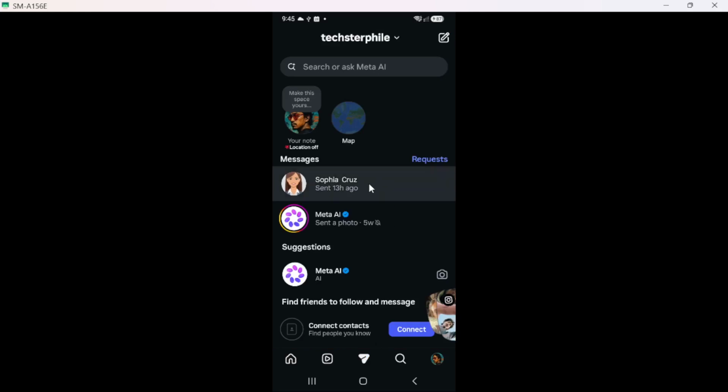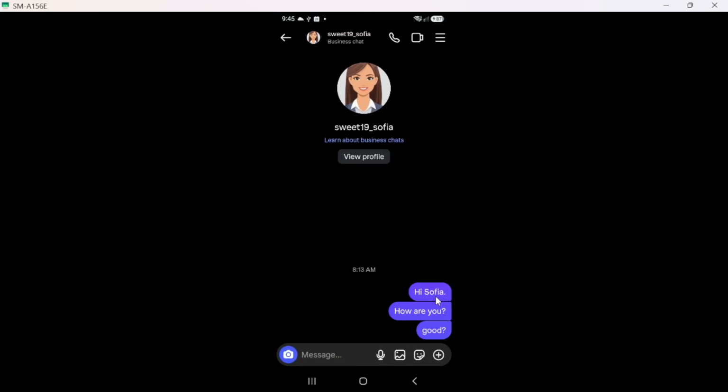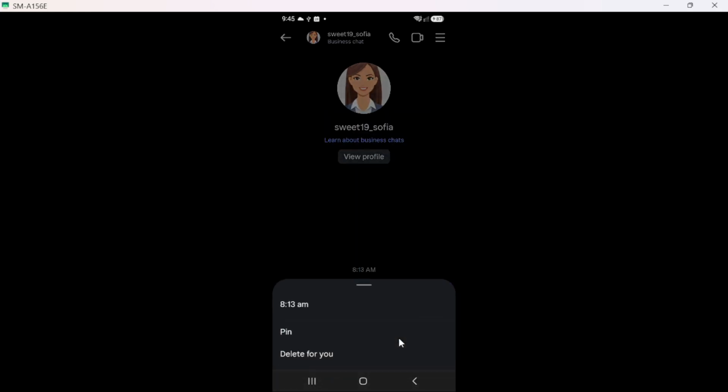After you have found the chat, it is time to delete it. If you are using an Android device, press and hold the chat until options appear. One of those options will be delete. If you are on an iPhone, you will need to swipe left on the chat. This action will reveal the delete option as well. This step is important because it allows you to initiate the deletion process effectively. Make sure you are certain about the chat you want to delete, as this action cannot be undone once confirmed.